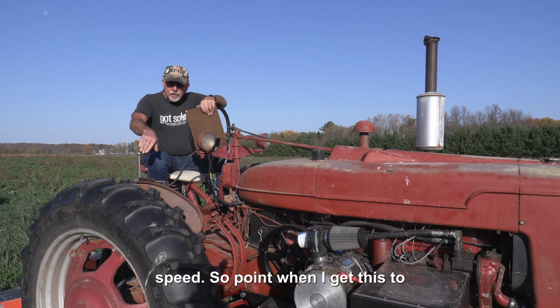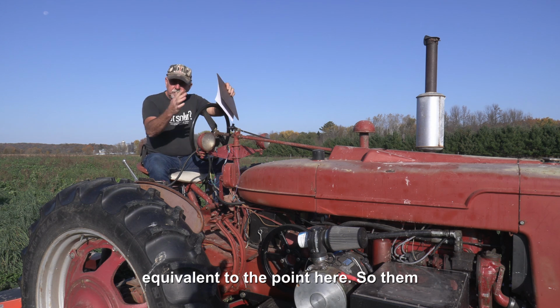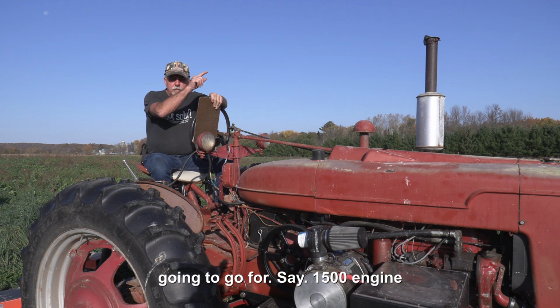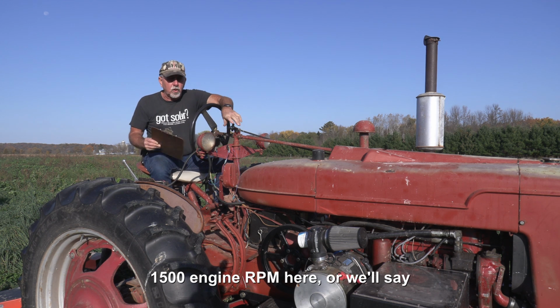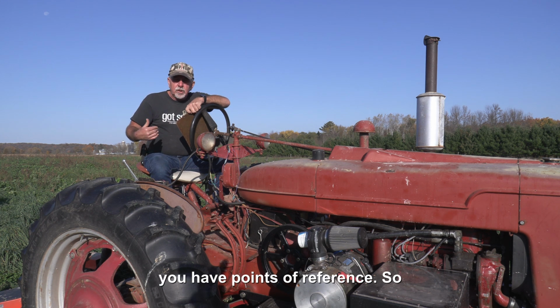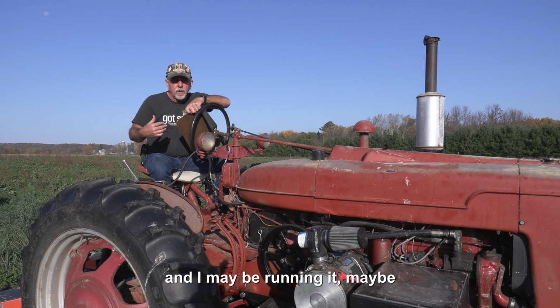So the point when I get this to the point that would be equivalent to the point here, the two are linear. If I'm going to go for, say, 1500 engine RPM equivalent, so that would be 1500 engine RPM here, or another way of looking at it is 540 PTO speed. So you have points of reference. As an example, if I started out in second gear to do a task and I may be running at maybe